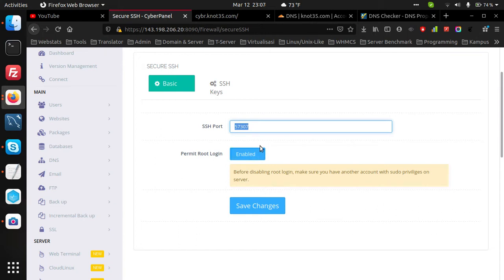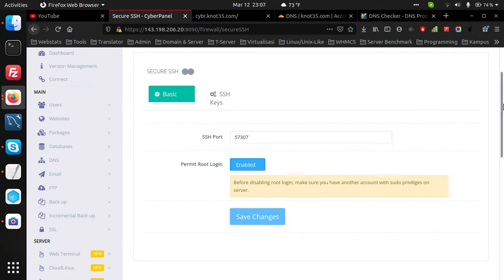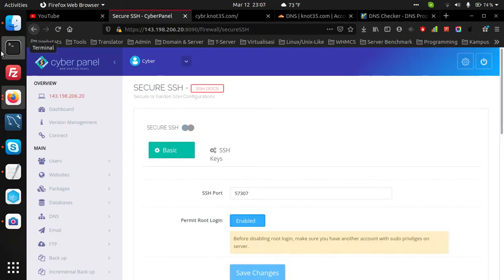Then save the change. Besides changing the port number from the command line, you can also change the port via CyberPanel.